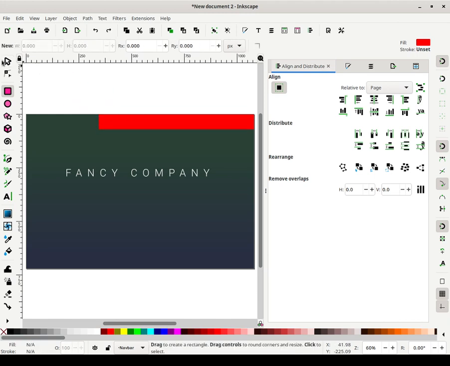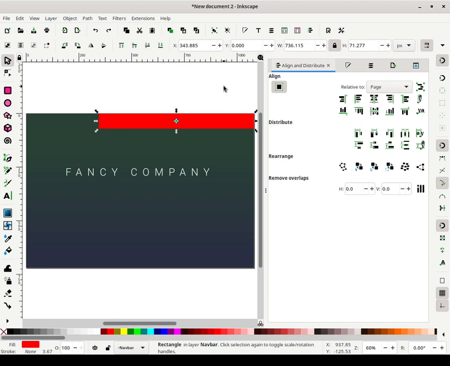Actually, let me show you another cool trick of Inkscape. So let me make this a definitive width, by the way. Let's make this 735 instead. And the height will be 75.